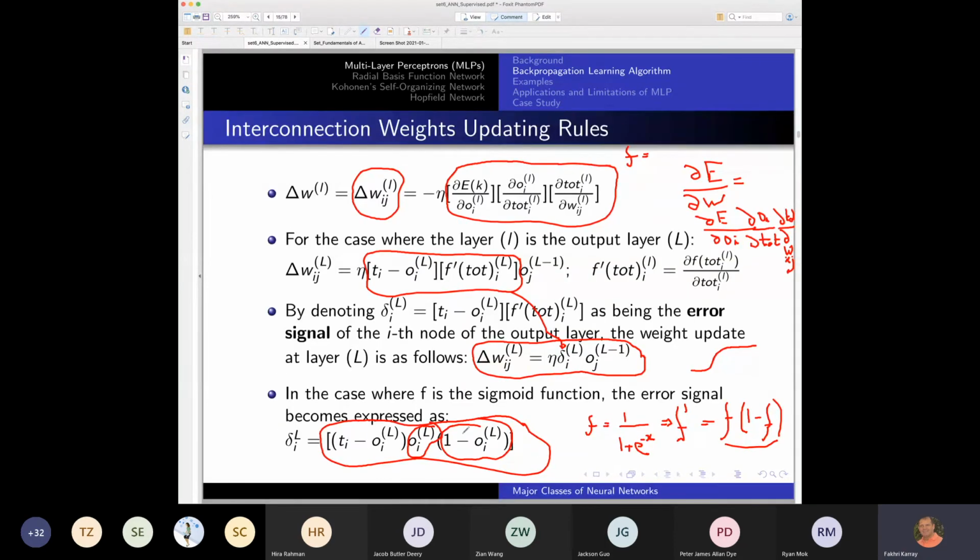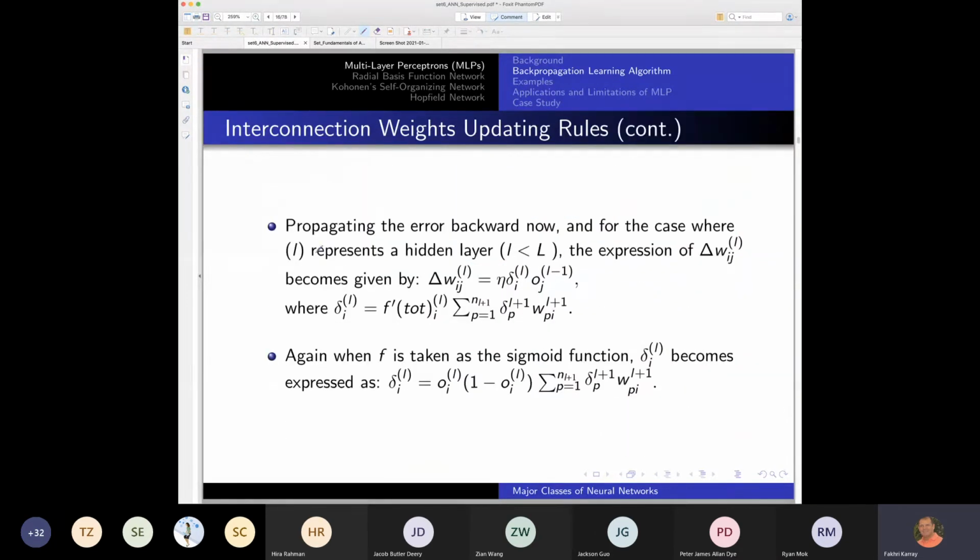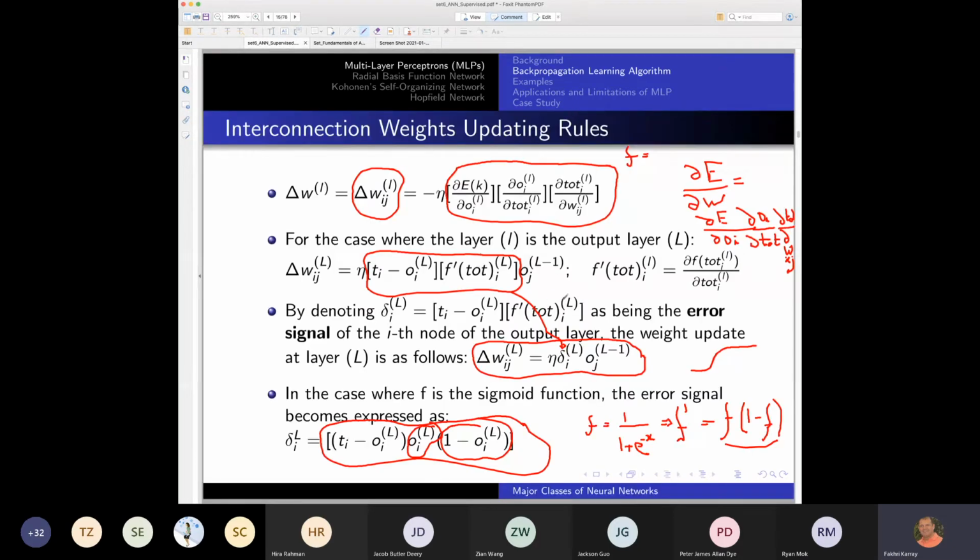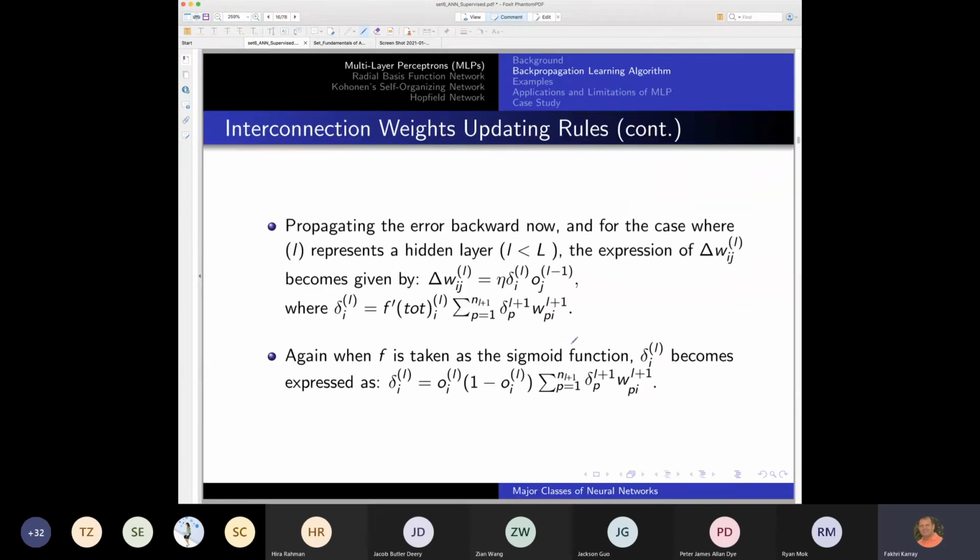So delta IL is equal to this for the value that is the outermost layer for the system. Now we continue with it. If the layer is smaller than big L, then the delta omega ij is now becoming equal to eta delta IL OJL minus 1. So remember here, this is for the big L. Now we are going to have a similar type of formula,